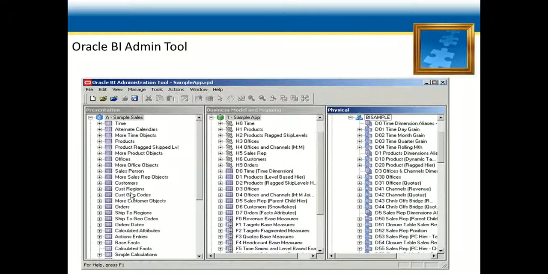I need to have one more concept: this repository we will find in OBI in two modes, offline mode and online mode. I will not go into brief detail on this, but will tell you what offline mode is. In offline mode, the repository is not loaded into the Oracle BI server memory, and in online mode, the repository is loaded in the Oracle BI server memory, so that the administrator can perform jobs that are not available in the offline mode.